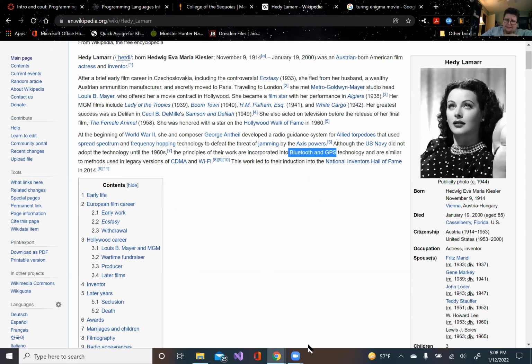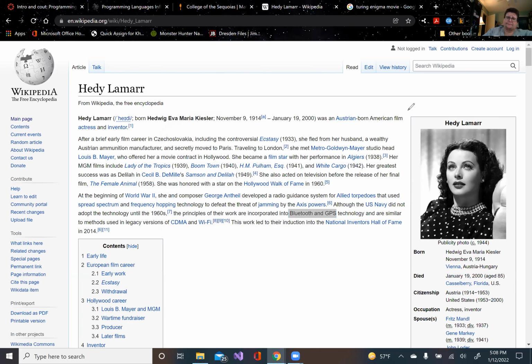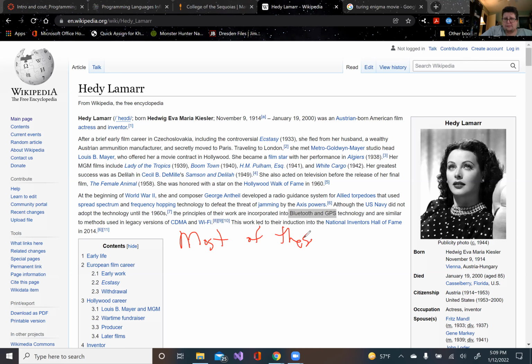So what do these people all have in common? Well, first off, ooh, I was about to write on my screen with a pen. That would have been bad. Most of these people were mathematicians. And that is why many of the steps and operations that we do in programming follow an algorithmic approach that mathematicians use, like when you do algebra,